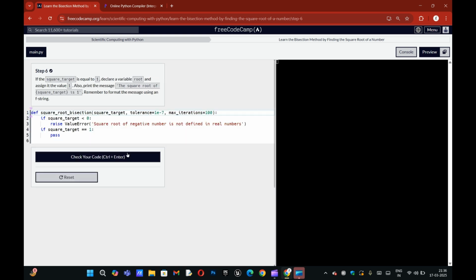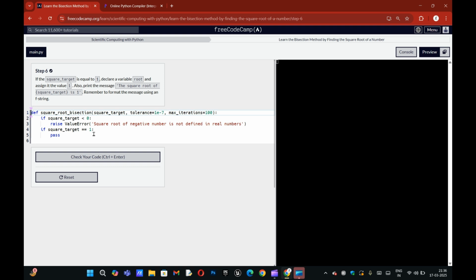If the square target is 1, its square root is also 1, because 1 into 1 is always 1, so that's the square root. Basically nothing else.